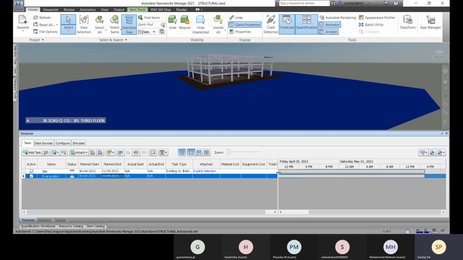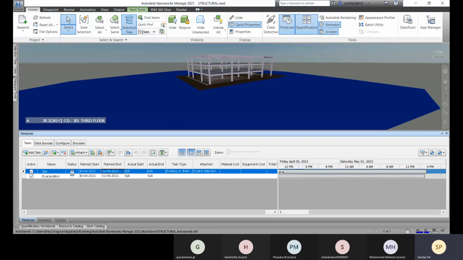Okay, so here you can see, right? So you can adjust it. I hope it is visible, like it is being changed for the planned start and planned end as well, right? A small window is opened named activity. There you can see planned start and planned end. It is visible.